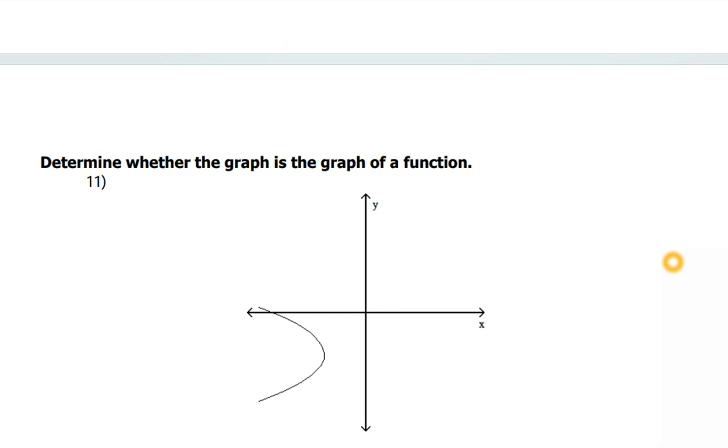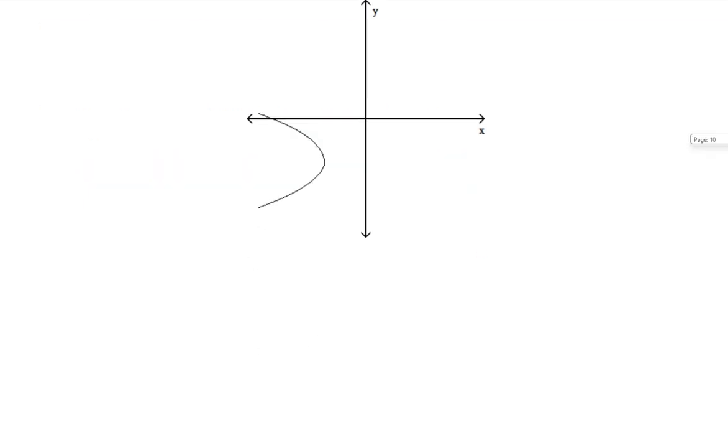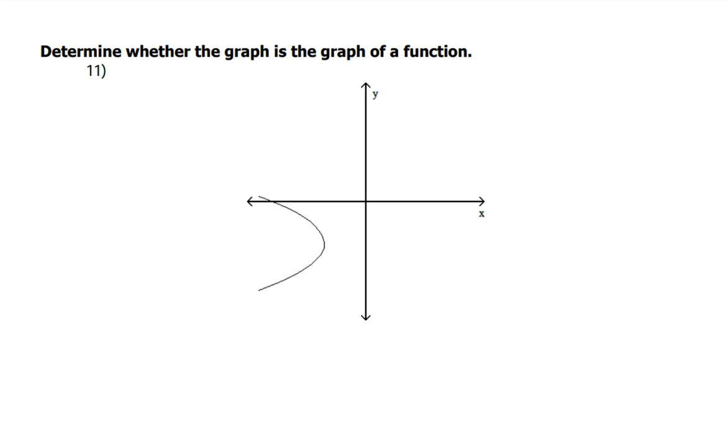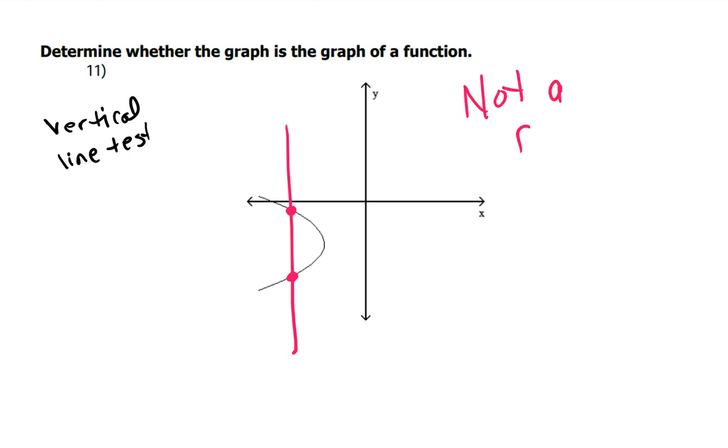Number 11 is another quickie. It says determine whether the graph is a function. To do this one, we are going to use this thing called the vertical line test. If you can draw a vertical line through the graph anywhere and find more than one point on the graph going through that vertical line, it is not a function. That is because